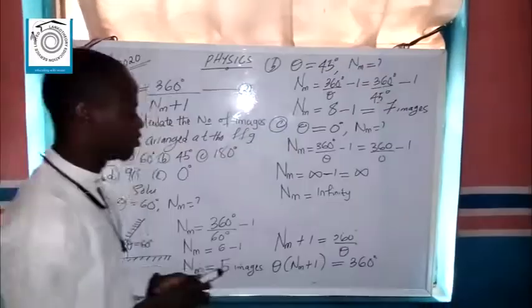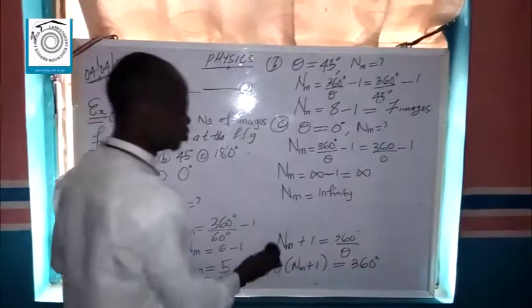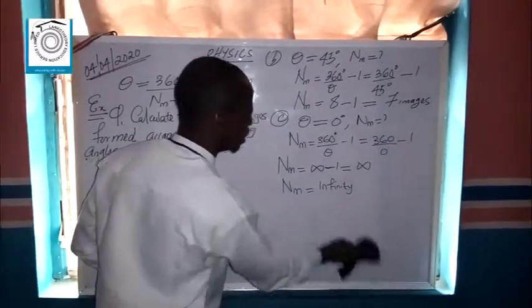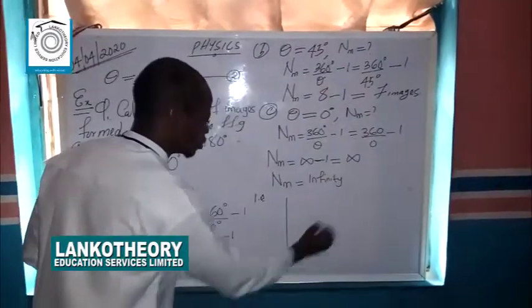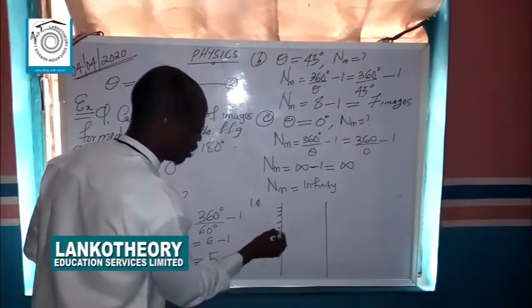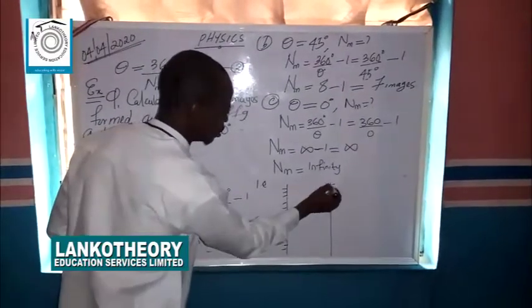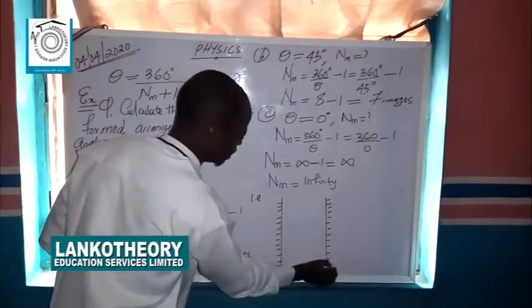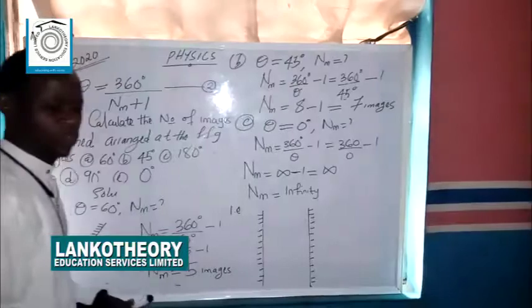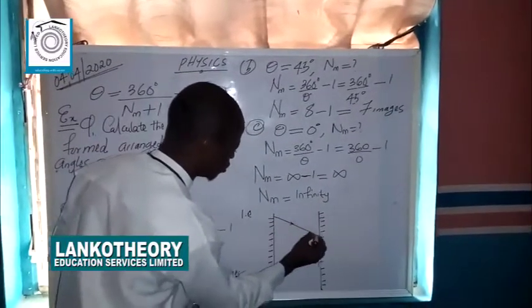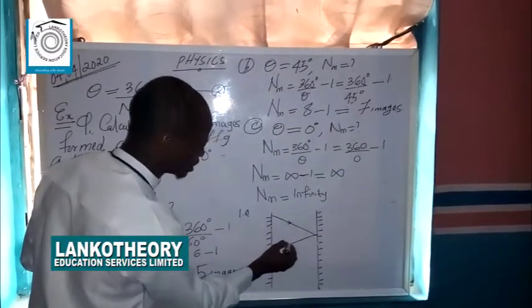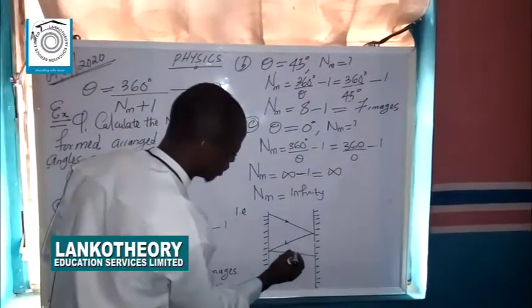Because most of the mirrors in the barber shop are arranged parallel to each other in such a way that the angle between them is 0 degrees, which you can show in the diagram below. Suppose I have the first mirror, and I have another mirror, which is the second mirror. If you check this very well, you observe that the angle between the two mirrors is 0 degrees. So if light is incident on this mirror, it will reflect back and come back to the second mirror.